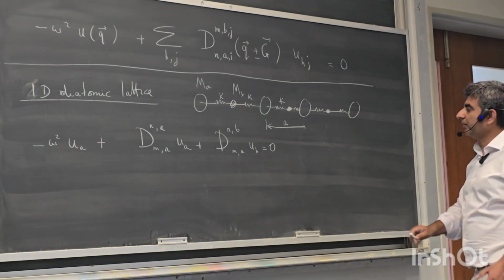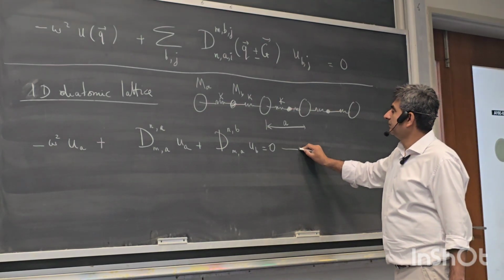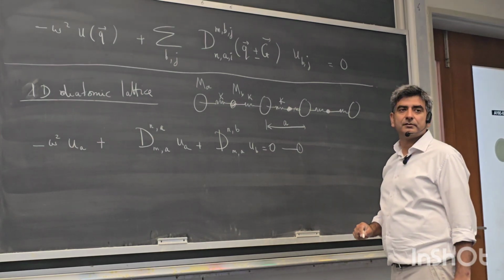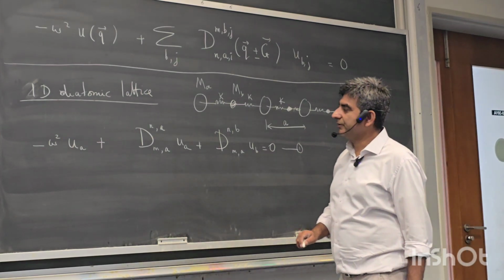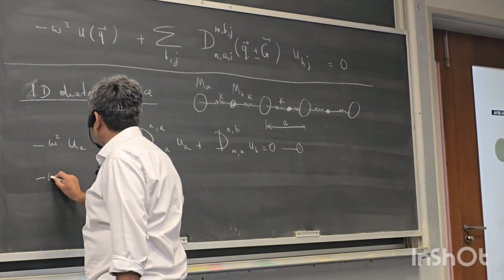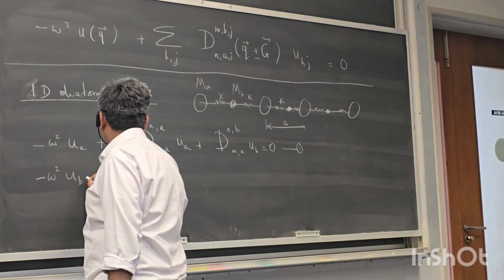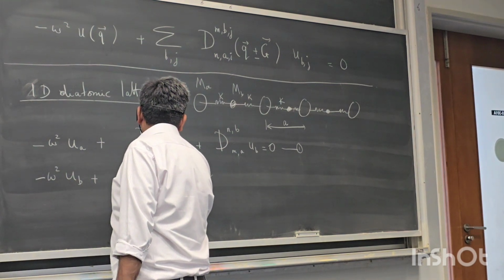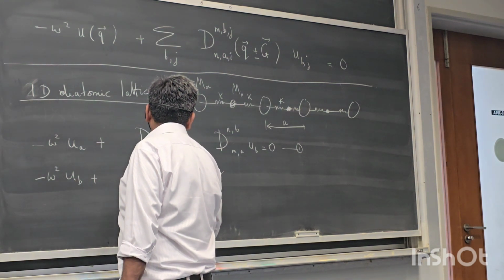Correct? So this is one equation, and the other equation is minus omega squared U_B plus D_MB,